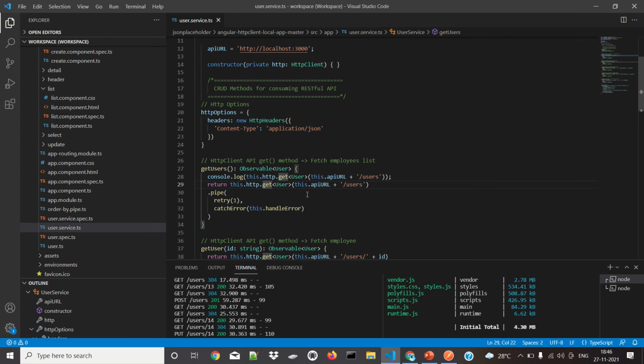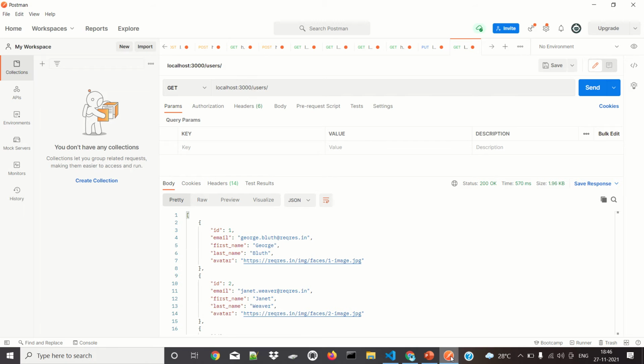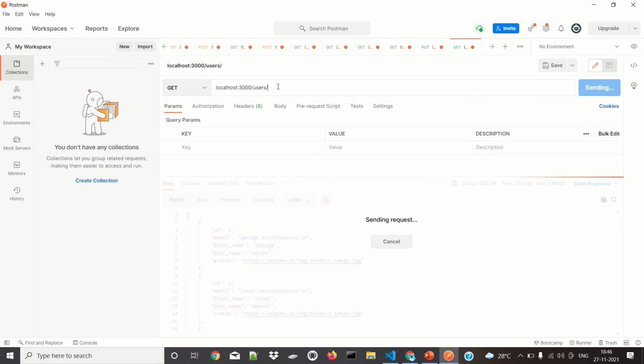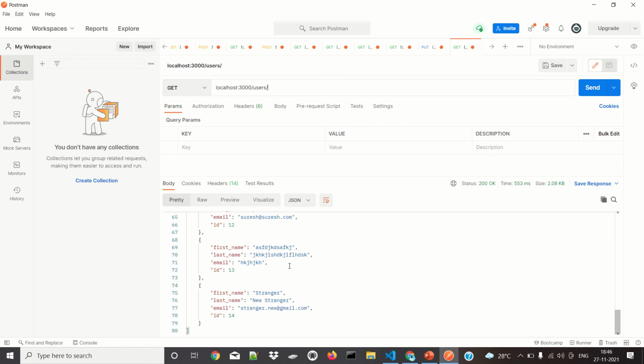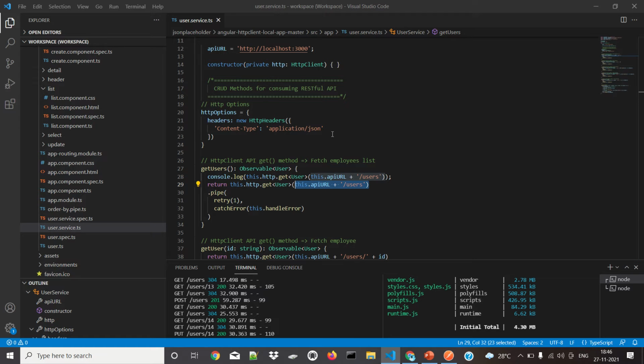The REST API get method will formally use the user class format, so it will access this particular user. So what will happen if you give it here? All this data is coming, right? The same thing is happening here.